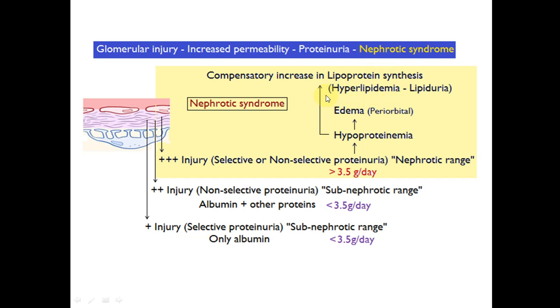Now, the increased level of lipids in the blood, in the face of a damaged filtration barrier in the glomerulus, will ultimately lead to excretion of the lipids in the filtrate and urine, and this condition is known as lipiduria. Most of the lipids filtered by the filtration barrier are reabsorbed by the epithelial cells of the proximal convoluted tubules, and they appear as oval bodies in these cells.